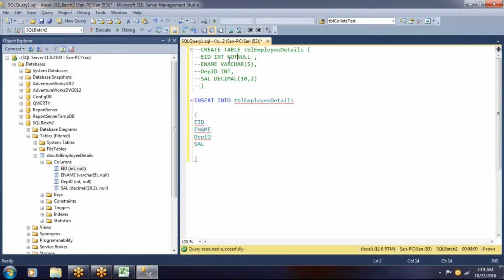If you specify not null, null values will not be allowed for that column. If you declare it like this, null values can be inserted. That's why you are seeing int comma null over here. So let us insert some values into this table.